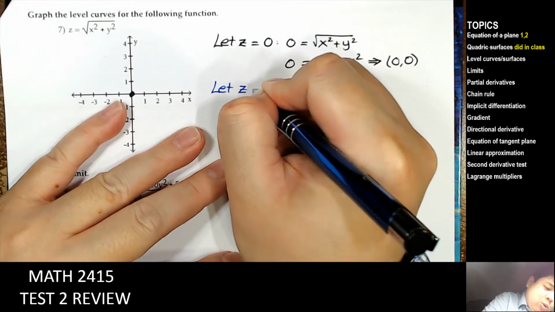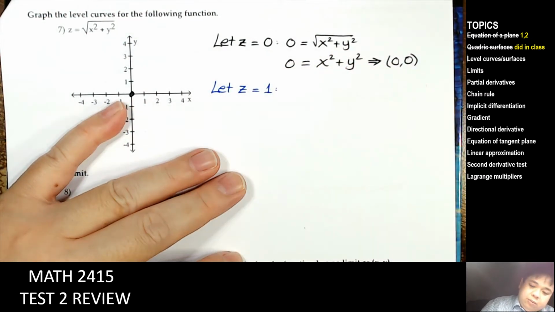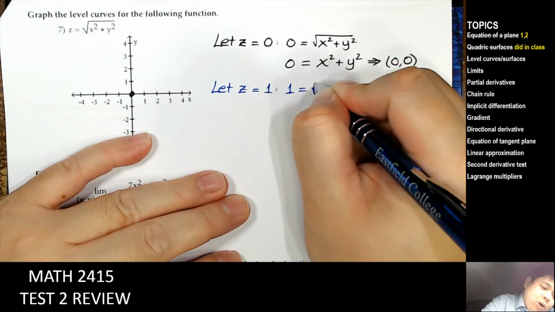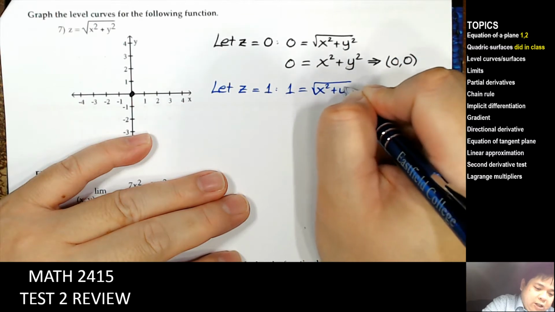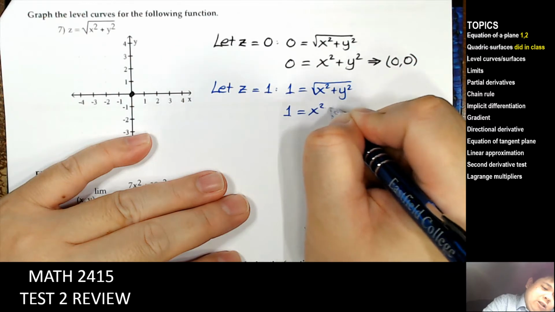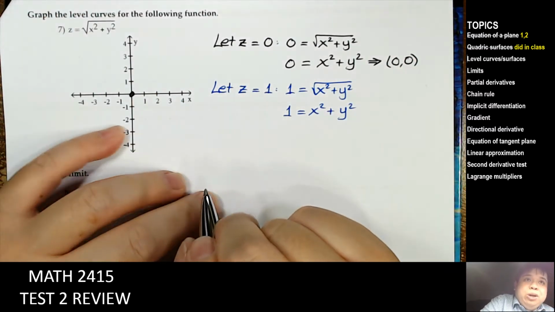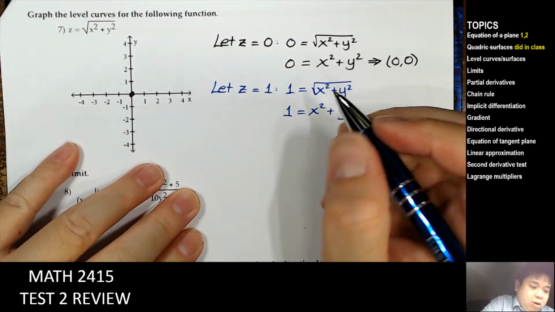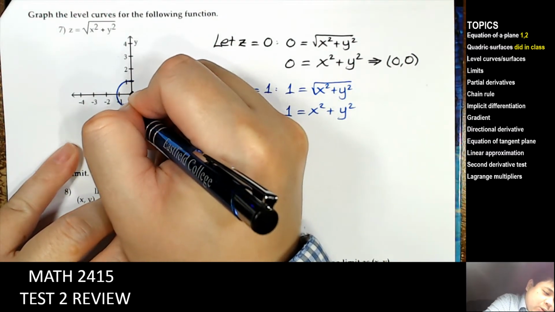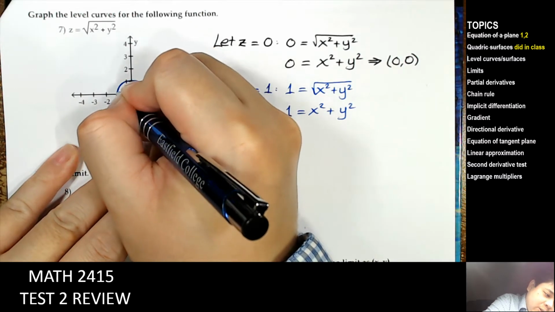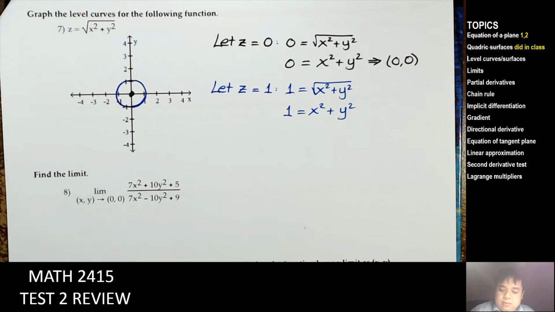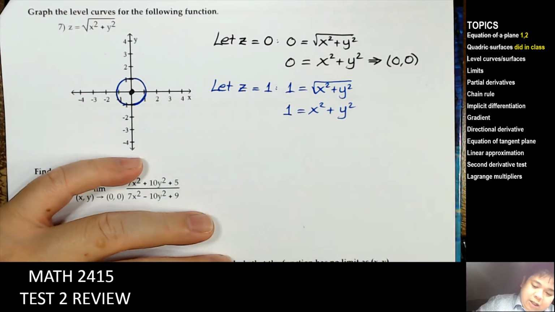Let z equal to 1. So we have 1 equal to square root of x squared plus y squared. Square both sides. And this is a unit circle, center, of course, at 0, 0, and the radius is 1. So when z equals 1, we have a circle with radius 1. So it's like that. And then next,